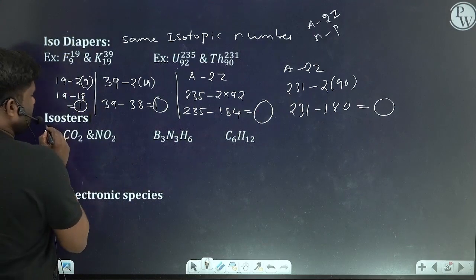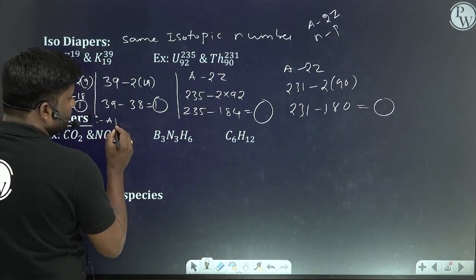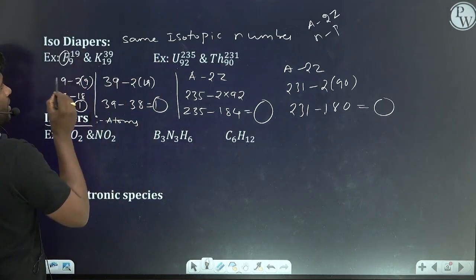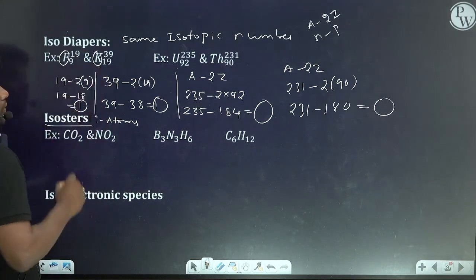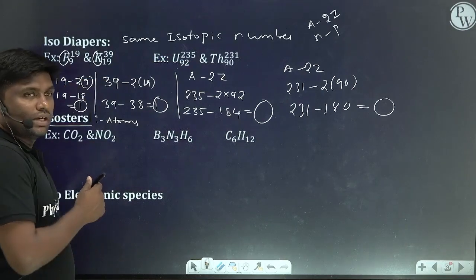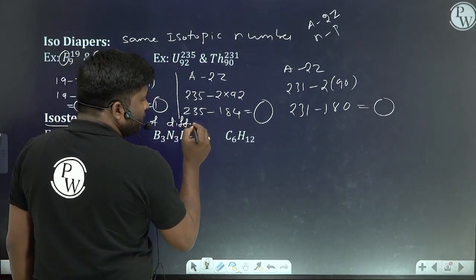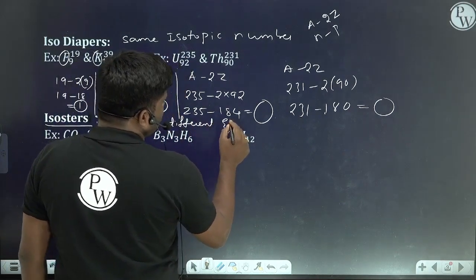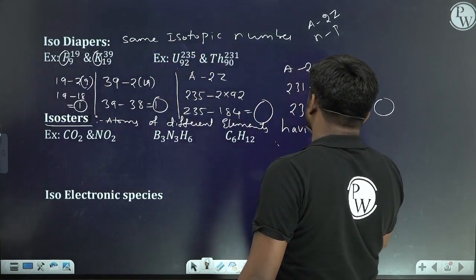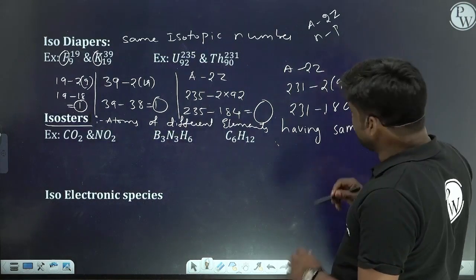Next, last one is isosters. Isodiaphers are also atoms of different elements. This is an atom of fluorine element, this is an atom of potassium element. Atoms of different elements, same isotopic number. And isosters, atoms of different elements only, having same number of